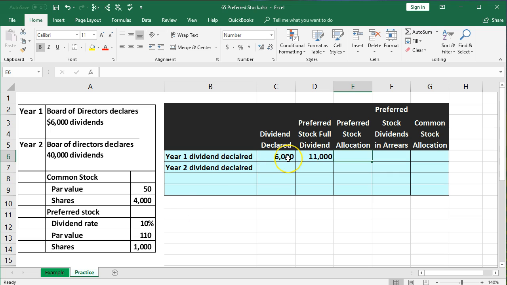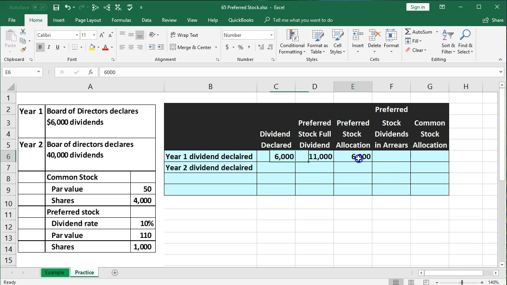But the corporation, being able to declare however many dividends they want, could say 0 this year. We're not going to give any dividends out. They're only going to give out 6,000, which isn't above the 11. So they're only going to get the full 6,000, even though they're owed 11. So we could use an if-then formula if this cell is greater than that cell, but we'll just type